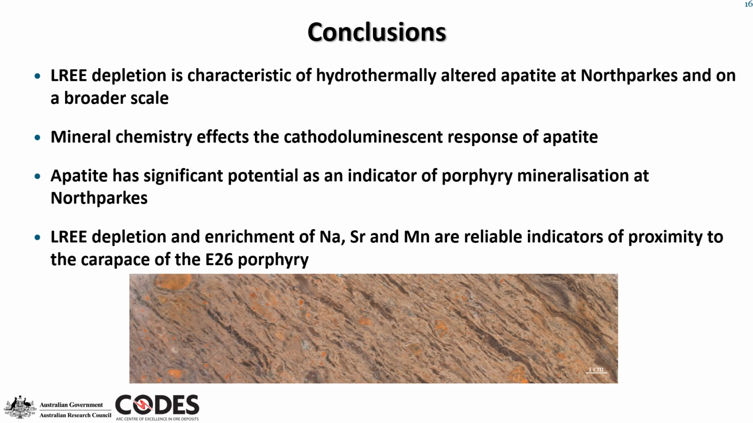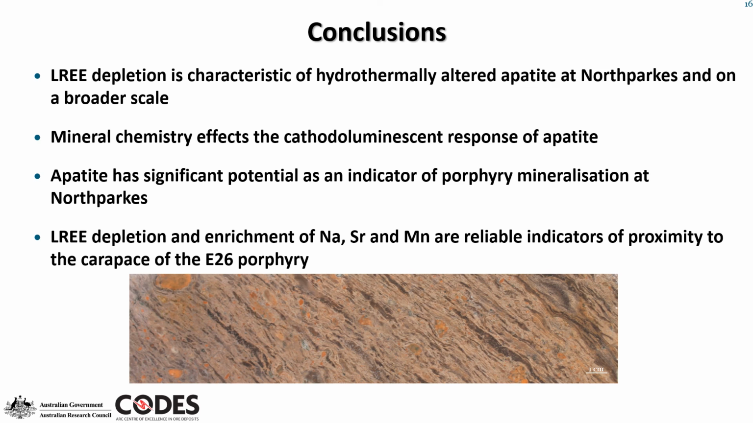So in conclusion, light rare earth element depletion in apatite at Northparkes is characteristic of hydrothermal alteration, particularly towards the carapace of the mineralising intrusion at E26, along with that strong positive europium anomaly which occurs near the high grade zones. The mineral chemistry definitely affects the cathodoluminescent response of apatite, and it has significant potential as an indicator of porphyry mineralisation at Northparkes,